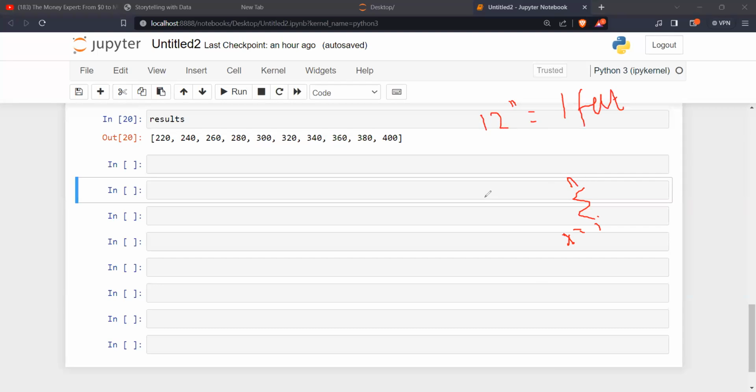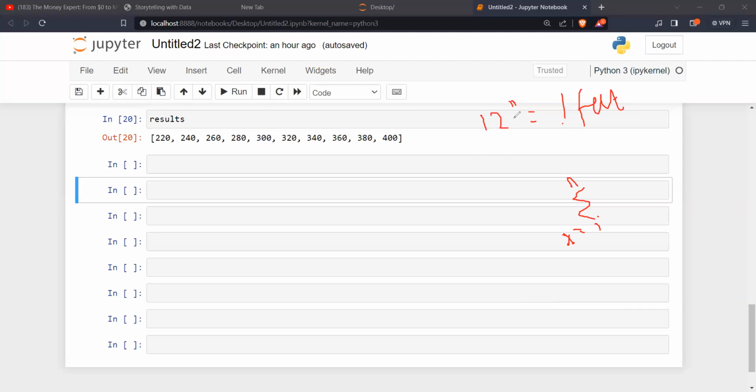Good. So if I want to convert from feet to inches, what do I now do? Multiply by 12. Divide by 12, I mean.